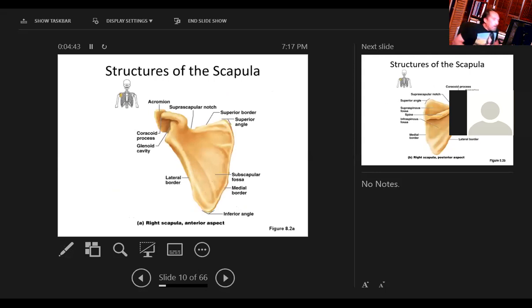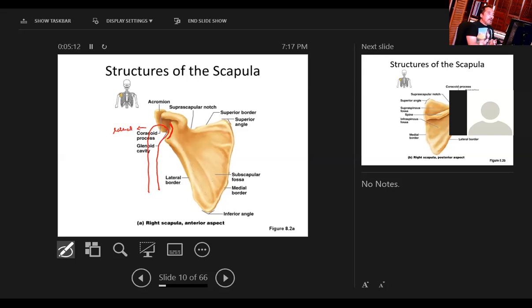For my scapula, I need to know medial, lateral, superior, inferior, anterior, and posterior, okay? The major part here is the glenoid cavity. This is called the glenoid cavity. That glenoid cavity is where the head of the humerus would articulate. So if I see the glenoid cavity, that means this is lateral,